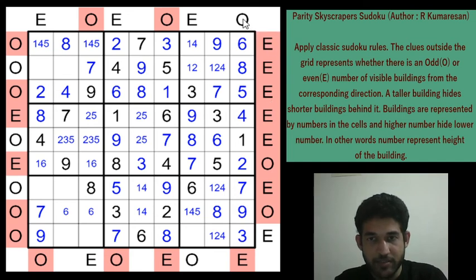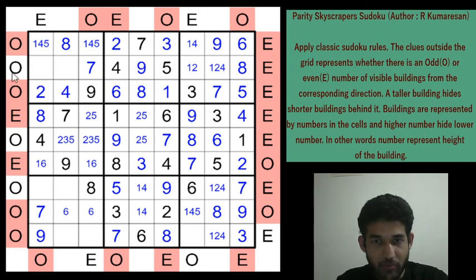6 and 9 have been placed. This is done. This is also done. Full column is placed. Right, this is yet to be used. This is yet to be used. A few clues left. But still not clear which clue to look at, right? We have to keep on scanning.